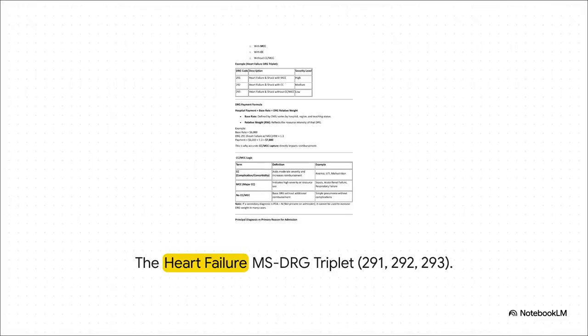Moving right along to Section 2, high-volume medical cardiovascular DRG families. Look, vague documentation in these families practically guarantees a lower-paying DRG. Precision is your only real defense here. Just take a look at the DRG triplet for heart failure and shock. DRG 293 is heart failure without CCs or MCCs. That means low severity and low payment. But capture a complication and you jump to 292. Accurately capture a major complication and you land in DRG 291, securing the exact reimbursement needed for a highly complex,